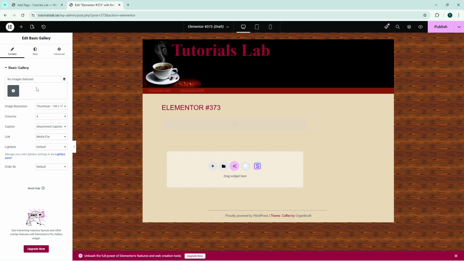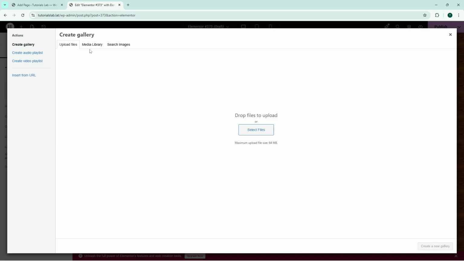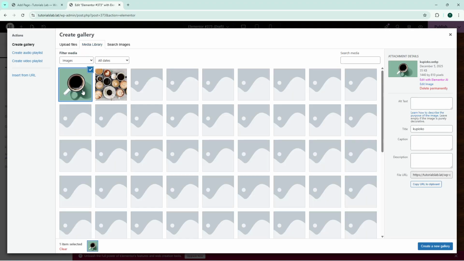Once you've found the basic gallery widget, drag it onto your page or simply click it to add it to your workspace. You'll now see options to select your images. Click on the gallery area and you'll be prompted to choose images from your media library. Here you have two options. You can either upload new files directly from your computer, or you can select images that are already in your media library. Choose the images you want to display in your gallery, then click Insert Gallery to add them to